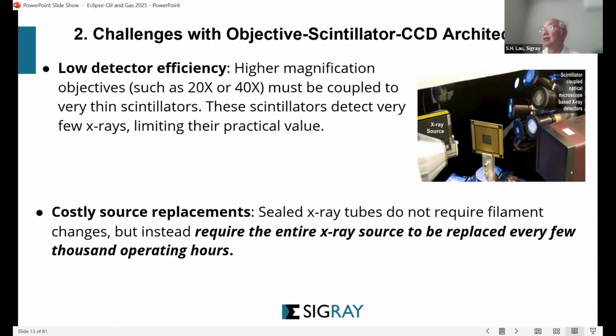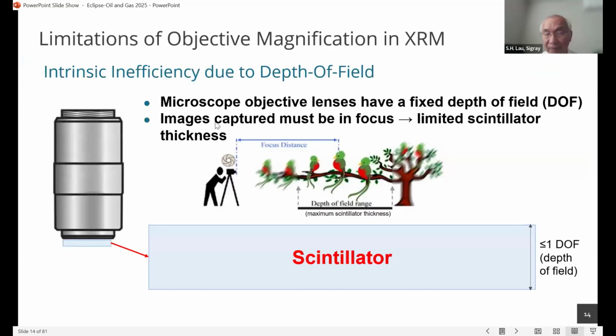In other words, you may have to change your X-ray tube every 1 or 2 years, and that may cost up to 100,000 US dollars. So that is a problem for many laboratories because of the high cost of those X-ray tubes,